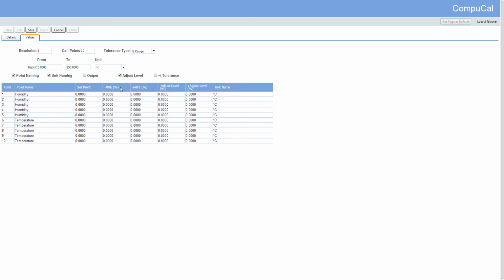The set points for a routine are a set of desired values, but can be different when the technician is entering the results of the calibration. An example of this would be that your set point is 70 degrees Celsius with a tolerance of plus or minus 1. You then enter a reference input of 65 degrees Celsius and also an instrument reading value of 65 degrees Celsius, and this will result in an error of 0.